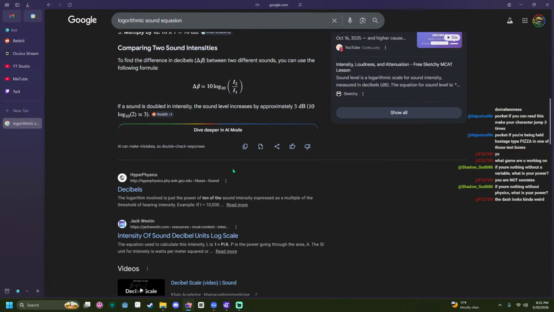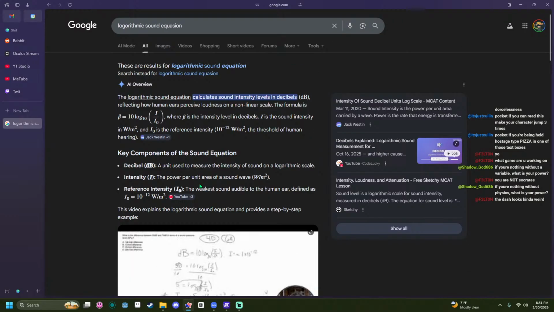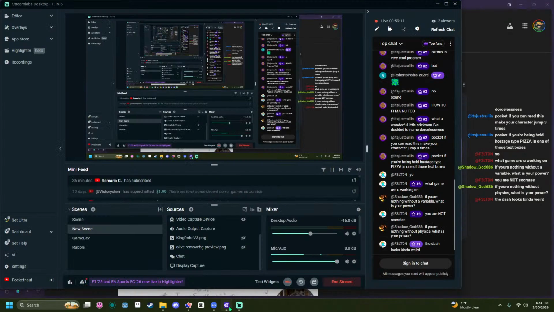Shit, I forgot the other numbers that I use. I think it's 100. I know one of them's 100. I think it's 2 divided by 100. I can just look at my last game.